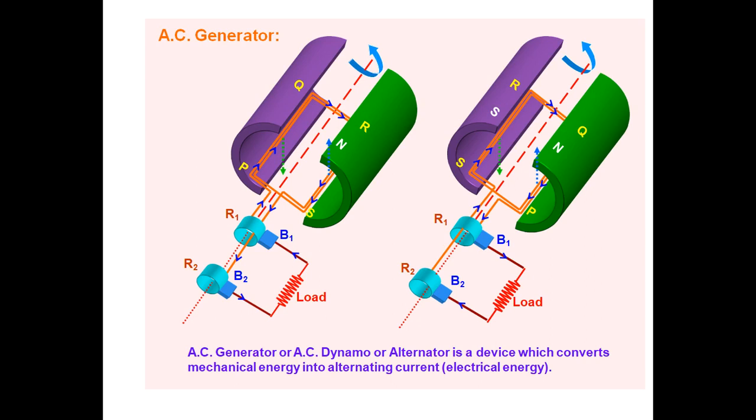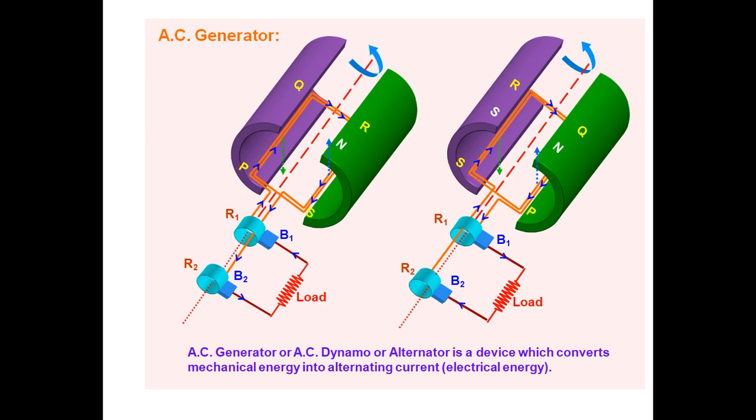Like this, the AC generator works. Suppose for the next half circle, whenever the PQ end goes this side and the RS end comes this side, for that direction the current flows from S to R, R to Q, Q to P, after that to R1 B1, R1 B1 to B2 R2, and B2 R2 to S. Like this, for the other half circle, the current direction changes